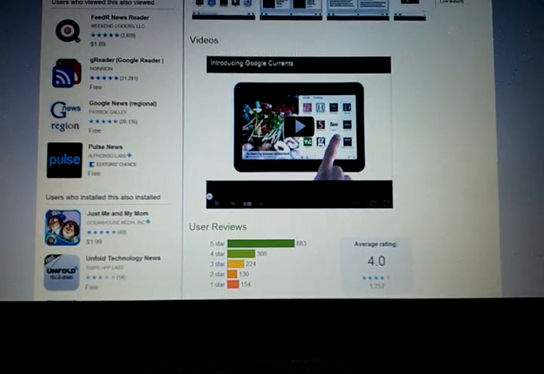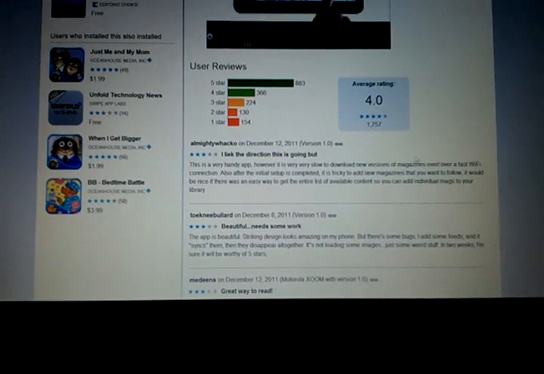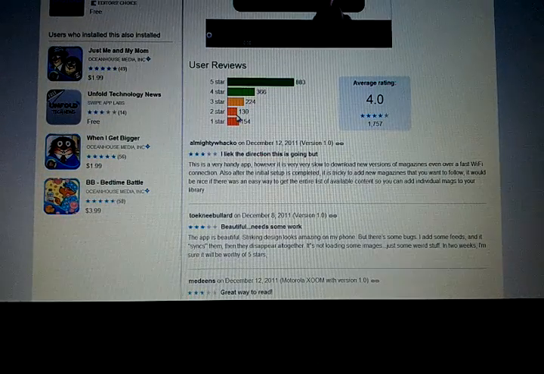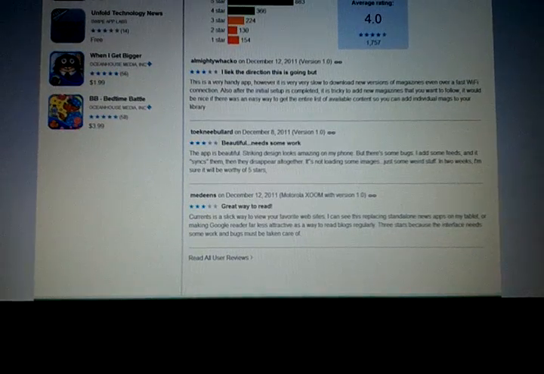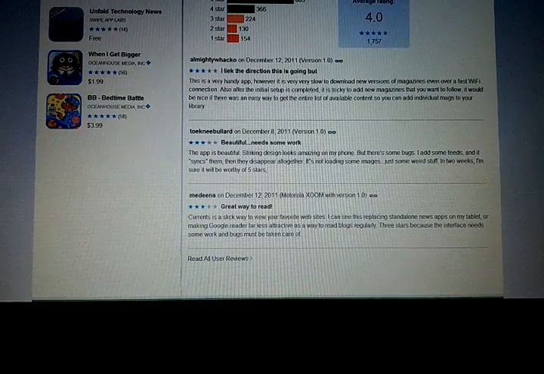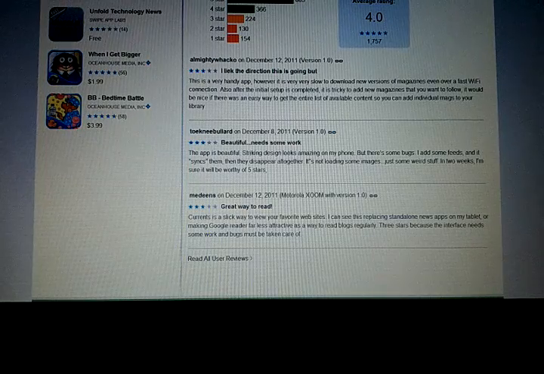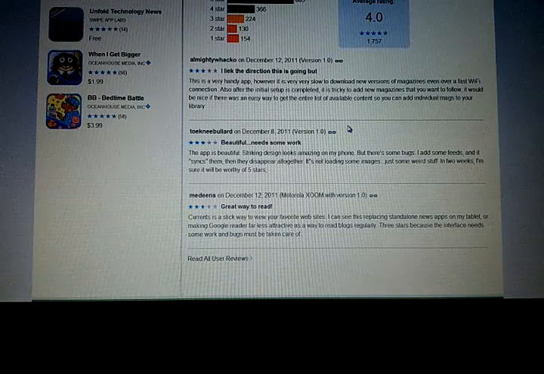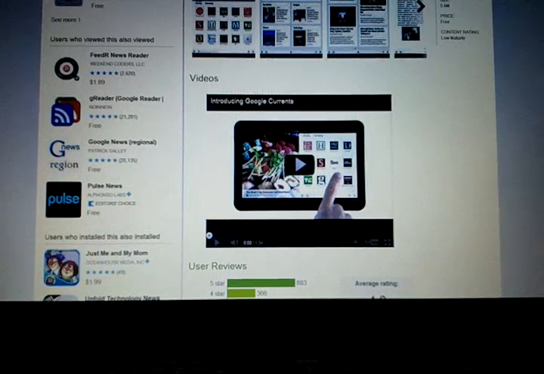Another thing that you want to look at is the overall rating system here. You see it's 5 stars all the way down to 1 star. See the ratio between those two, and then look at why people are saying it's an okay application, it's a great application, it's a terrible application. Read some of these and see if downloading it is something that will work best for you and your device.